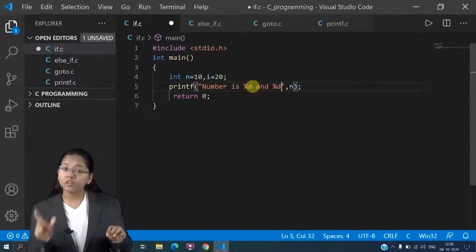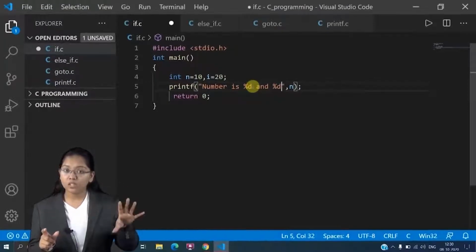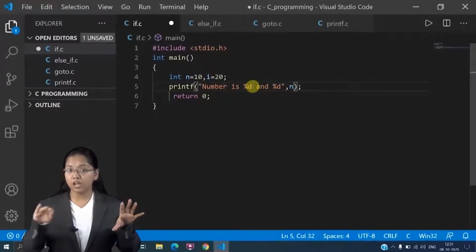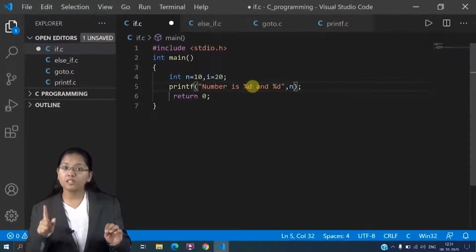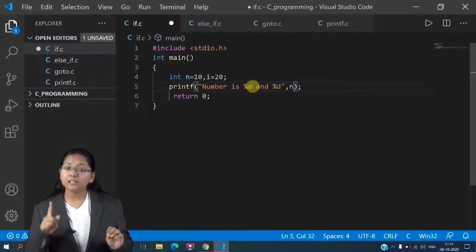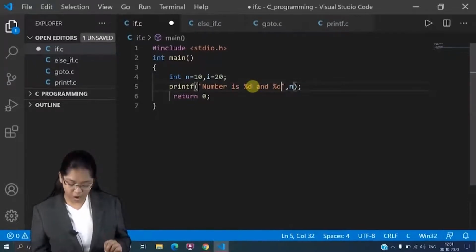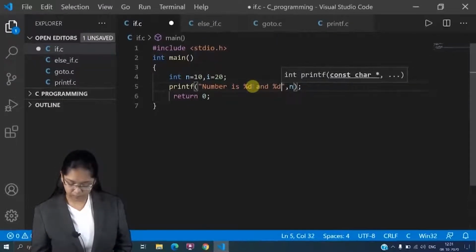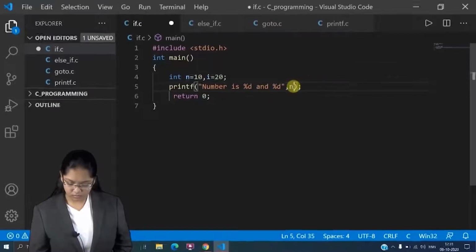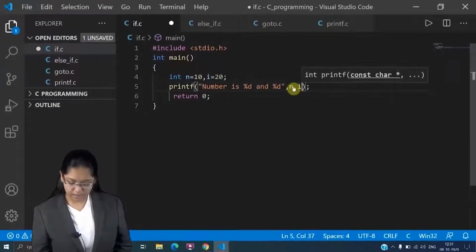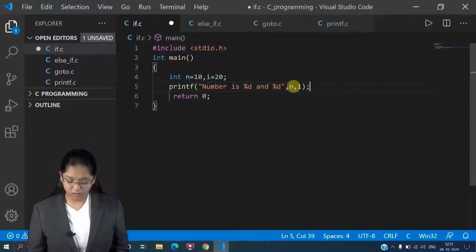So that sequence should also be followed likewise. Means for the first %d, I have to print the value of n. So comma, firstly n. And then in the second %d, I have to print the value of i. So comma, again i. This should be your sequence.